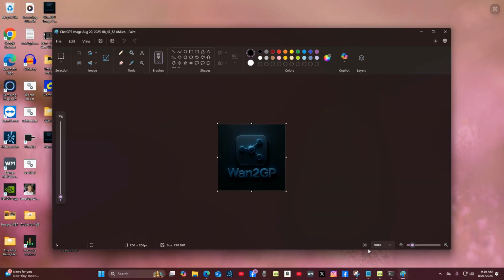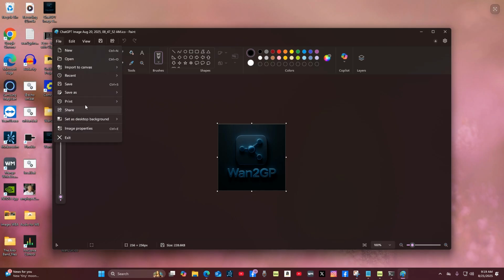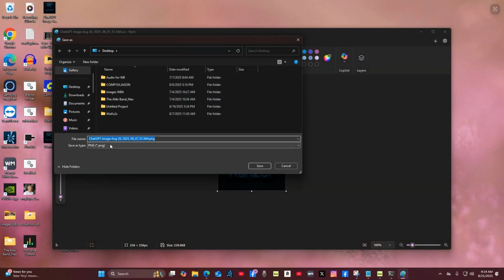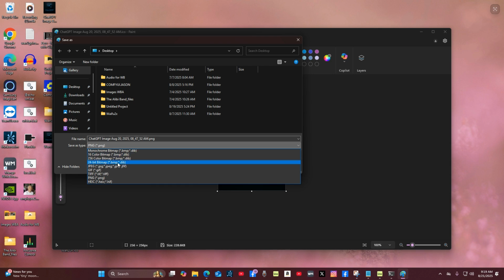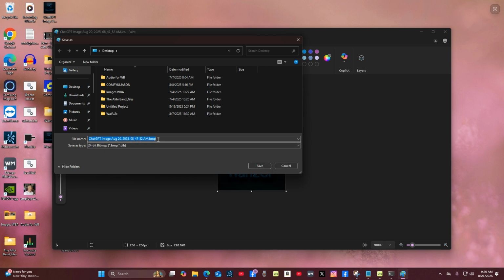There's the image that is in the instructions, within Paint. So we go to File, Save as, other format, and what you want to do here is 24-bit bitmap, BMP, but up here you're going to change this to,